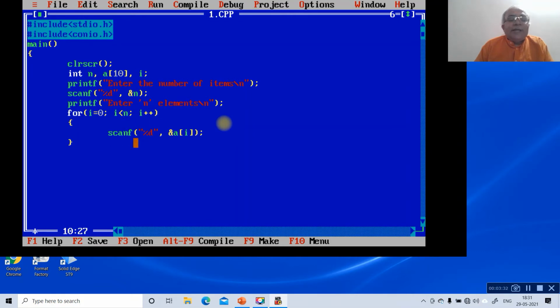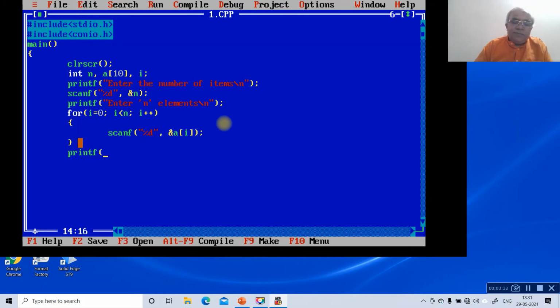Once you enter the loop, if i is equal to 0, it reaches the value of A[0]. If i is equal to 1, it reaches A[1]. If i is equal to 2, it reaches A[2], and so on. Once it reads, we need to print this.